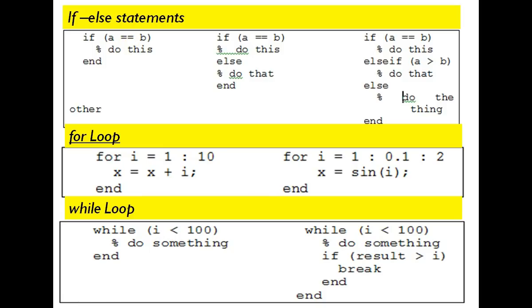So like that, conditional operators we can use here to define the condition. In an if statement, if A equals B, then we have to do some operation inside the if, and after doing the operation, if we have to end this condition, then we have to write end. So this is the syntax for the if condition.